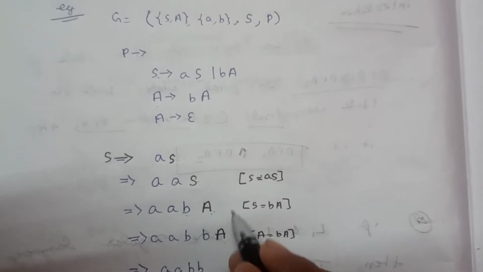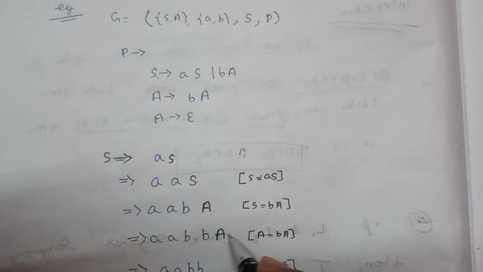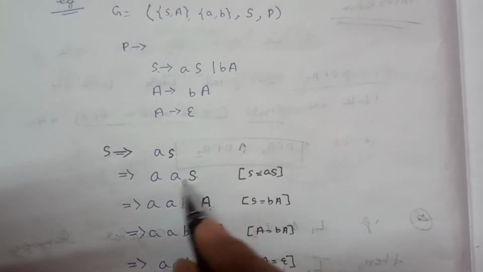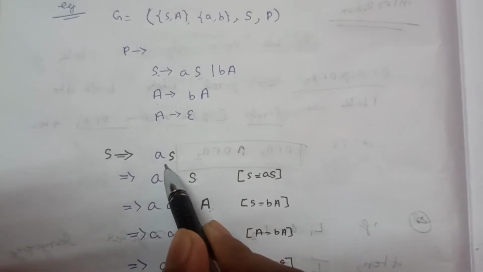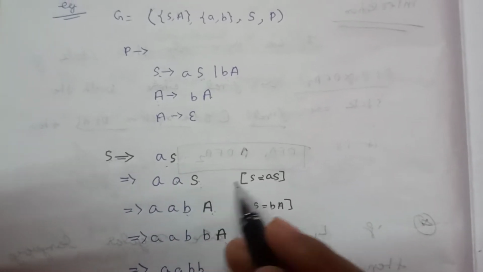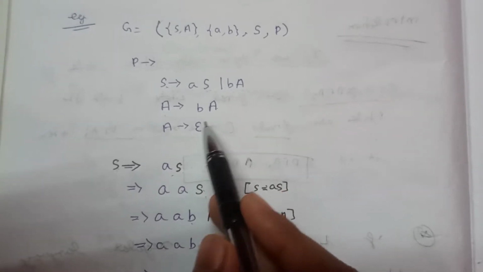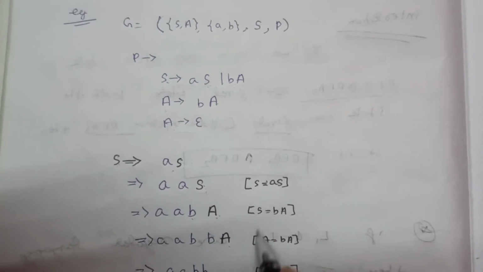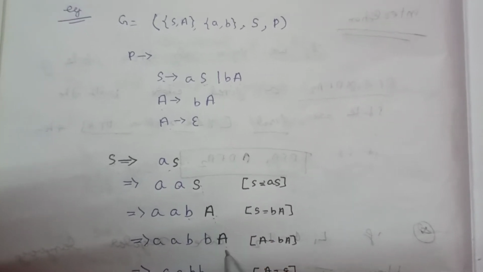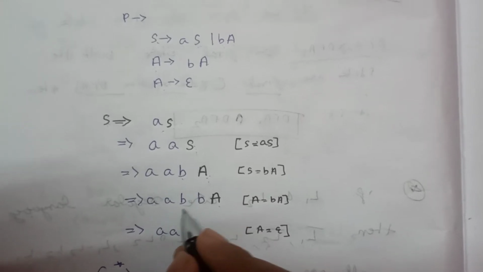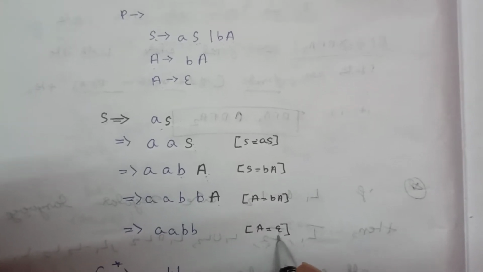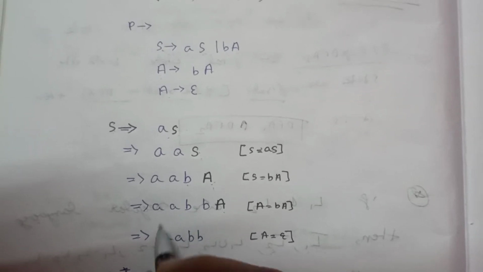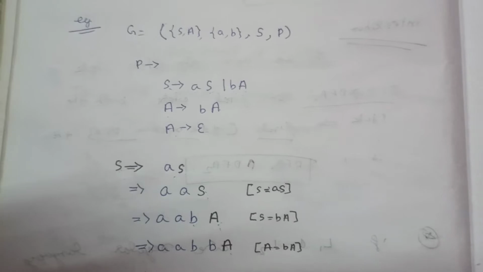It is like a self loop of b. So we can get bA, bA, bA. From here we can also get another bA, then another bA. So you understand this. Here we are getting a self loop for a, and here we are getting a self loop for b. And there is another particular rule, A to null. If we want to end this string, then I will put the value null here. So for this A we are putting null. So the string becomes aabb. This is a string that is accepted by this particular grammar.